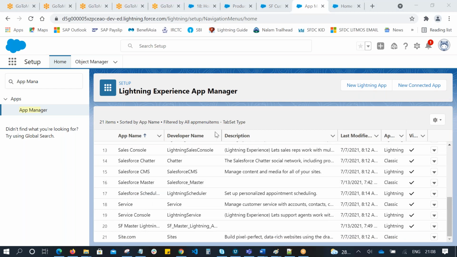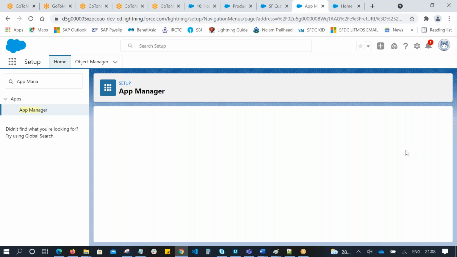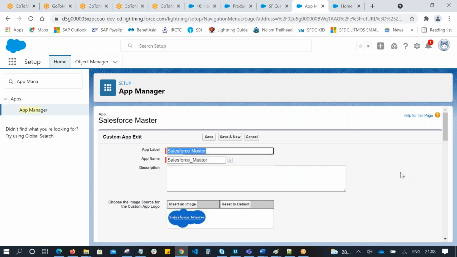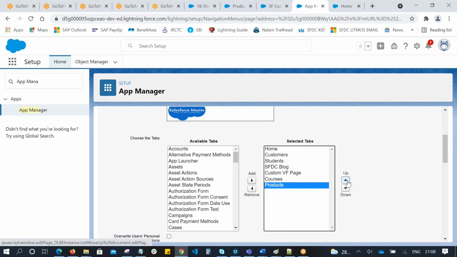In this application, I want to change the app positions. Just click on edit. We can change the position here.